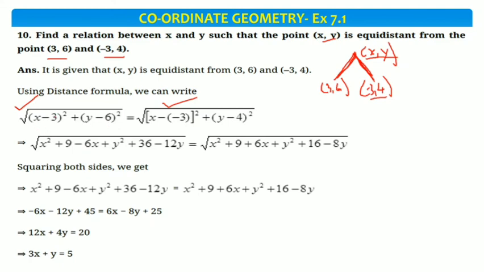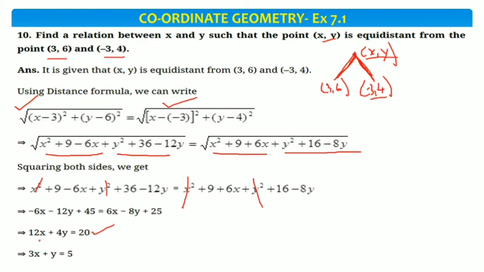Now solving this a minus b whole square, it will come this. Then a minus b square, again it will come this. Here it will become x plus 3 whole square, meaning a plus b whole square, it will come this. This is a minus b whole square, it will come this. Now do the squaring of both sides. Now we obtained this. Now we can see this x square, y square is cancelled. Now we will take the terms containing x and y on one side and numbers on the other side. So we will get this equation.